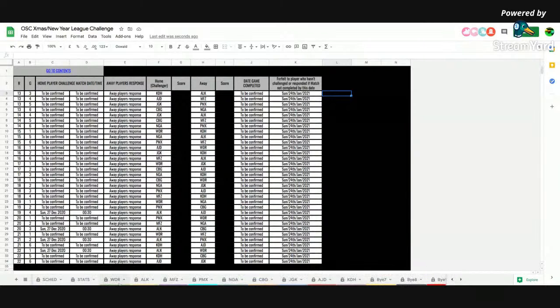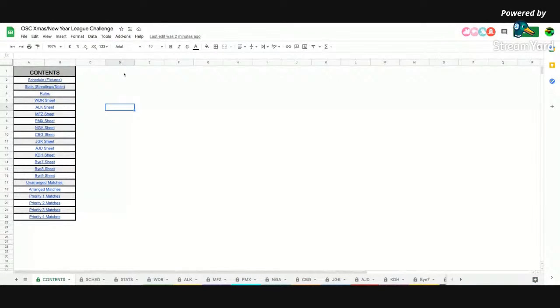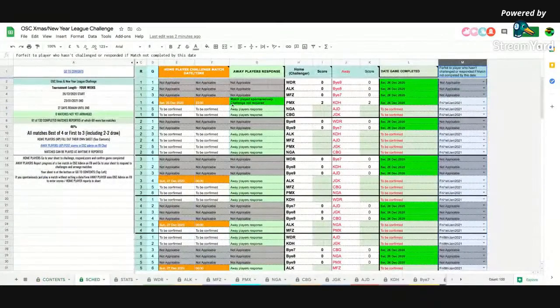Okay. And so that's basically it. So just a quick thing to remember, to access certain pages, always look for the link to contents in any page, and then just go back to that sheet and then work your way from there. If you just want a quick look at the full list of fixtures, go to schedule and just see in orange challenges that have been made, and